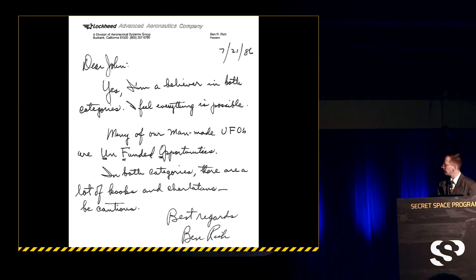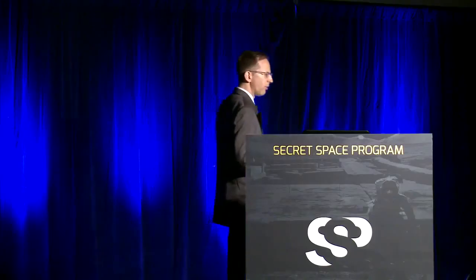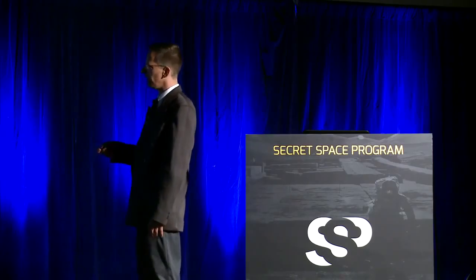So then Ben Schratt sent back the letter. I was able to get the actual letter. Lockheed Company letterhead, July 21st, 1986. Dear John, this is the response. Yes, I'm a believer in both categories. I feel everything is possible. Many of our man-made UFOs were unfunded opportunities. In both categories, there are lots of kooks and charlatans. Be cautious, Ben Schratt. So, the $64 billion question is, what did Ben Rich mean when he talked about unfunded